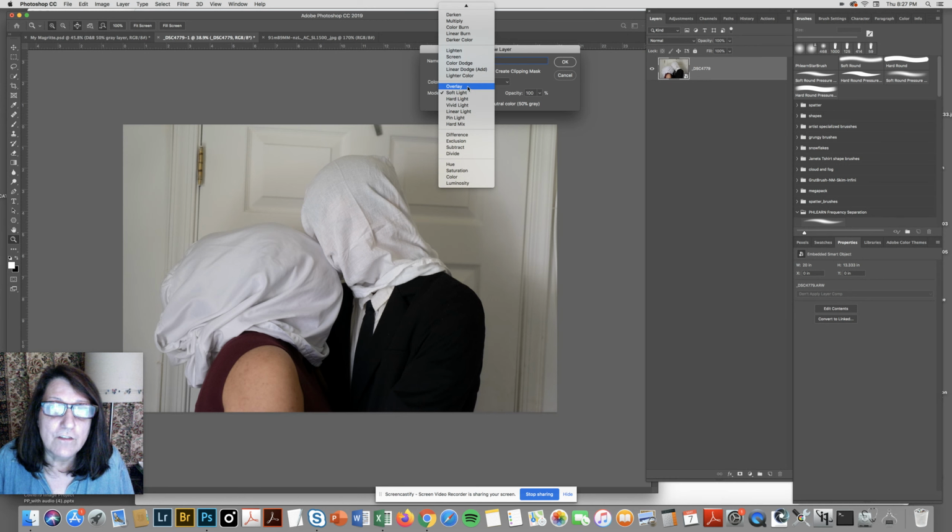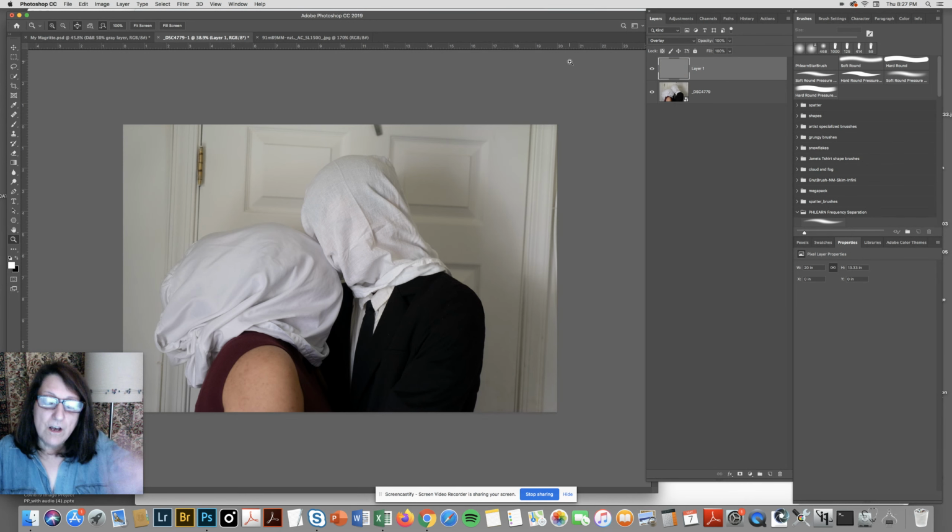I'm going to use overlay for demonstration purposes, although, you know, with blend modes, they work the same. Overlay is a little more aggressive and darker, and then soft light is a little more subtle. But in this case, I'm going to use overlay so I can show you. So when you have your 50% gray layer, oh, the other way, there's two ways to make 50% gray. That's probably the easiest way, but another way is to simply make a blank layer,